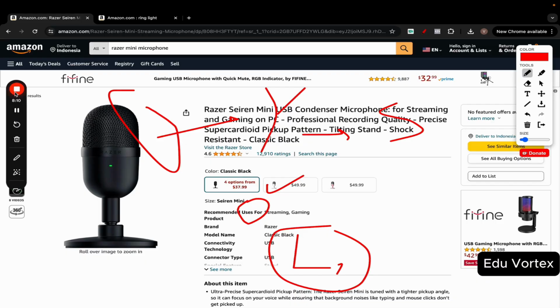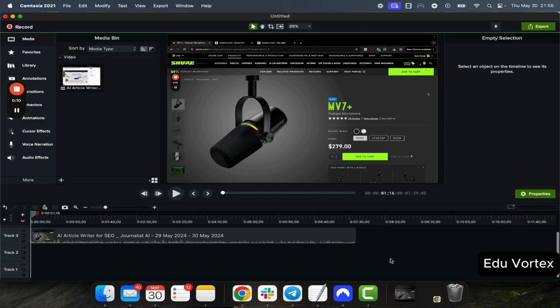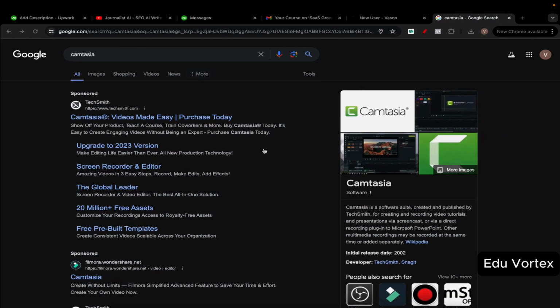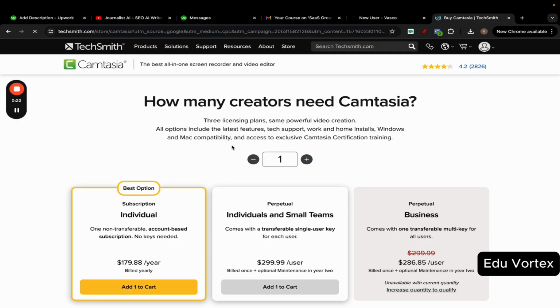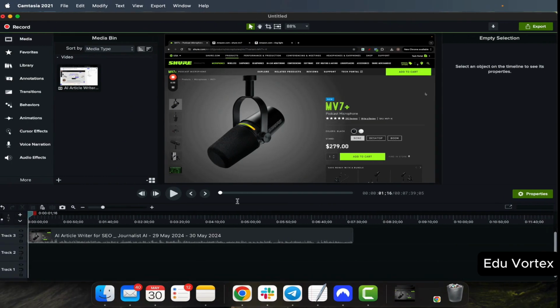Let's get this going. Guys, I forgot to mention the second software I use. So I use Loom for recording and all that. And the second one I use for editing is called Camtasia. Now, you can use any other software. I mean, there's a million other softwares out there. I just like Camtasia because it's quite straightforward, and it's the one I'm using to edit videos.